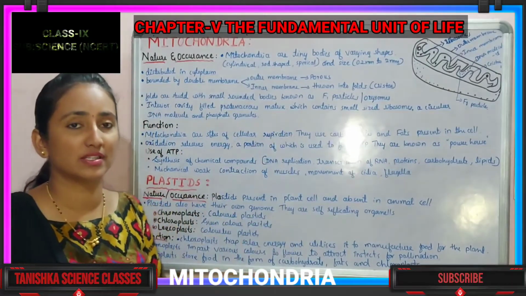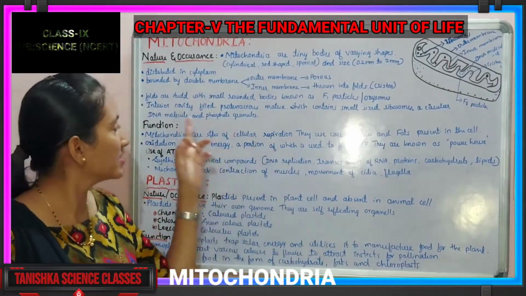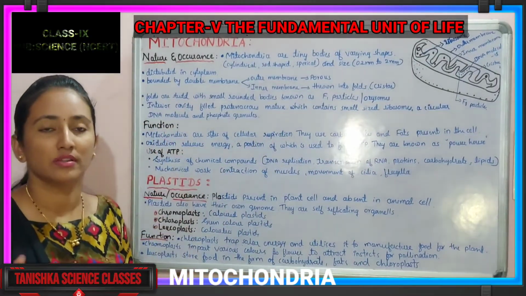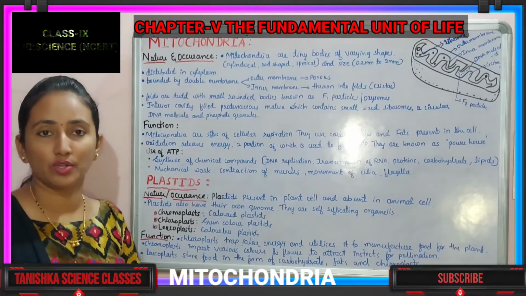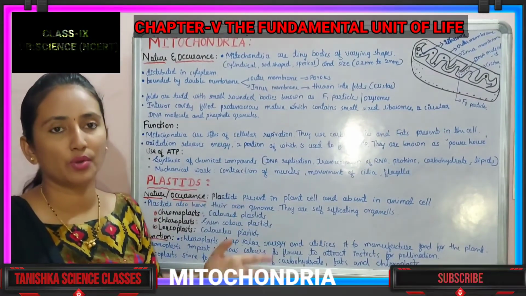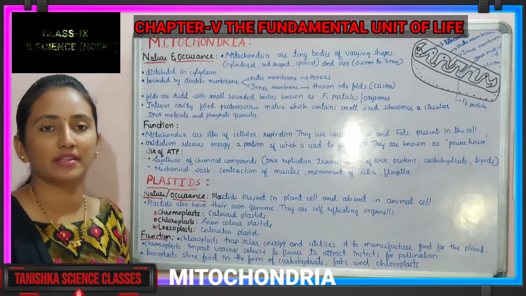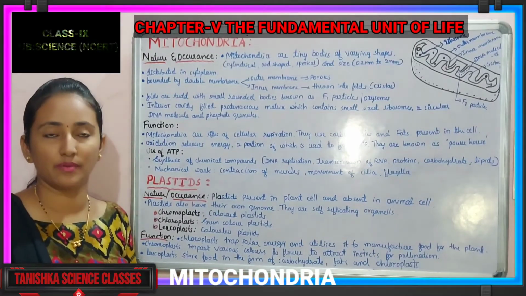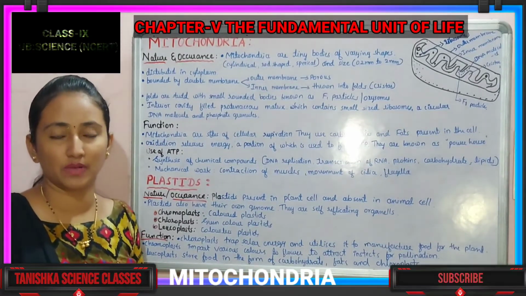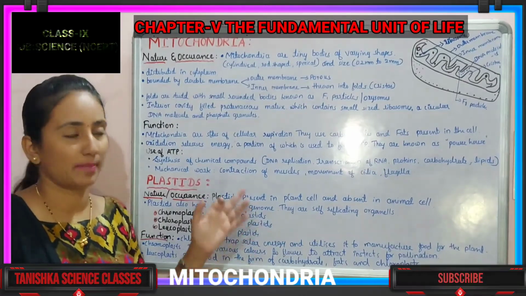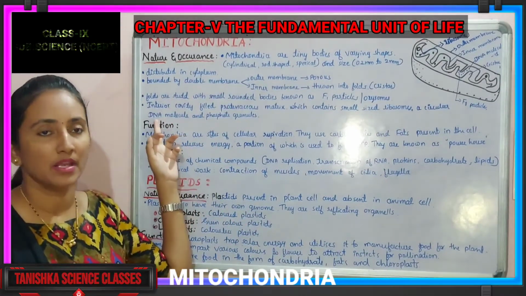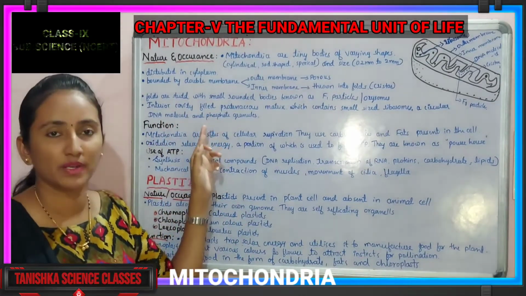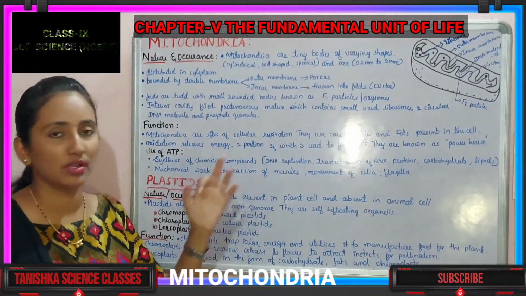The ribosomes help to synthesize protein, and the circular DNA molecules are the genome present in the mitochondria, which helps them replicate themselves. So mitochondria have the capacity to replicate themselves, that is, the capacity to divide. Who helps in that? DNA. Next is the phosphate granules which are present in the mitochondria.